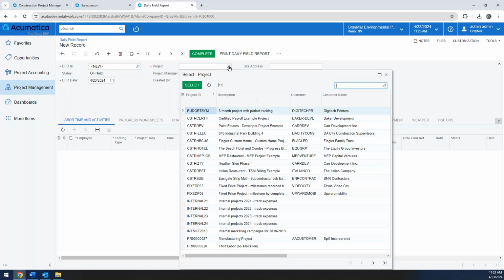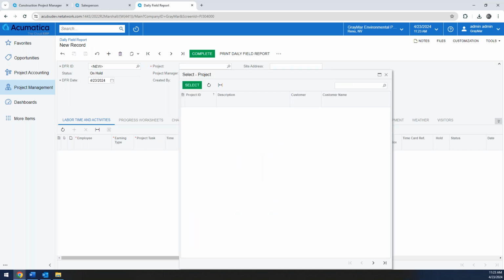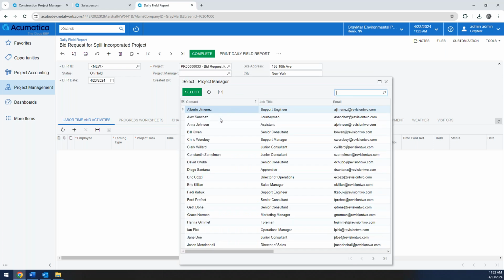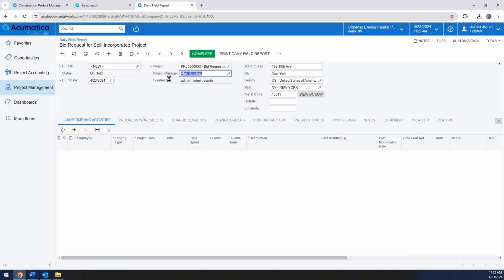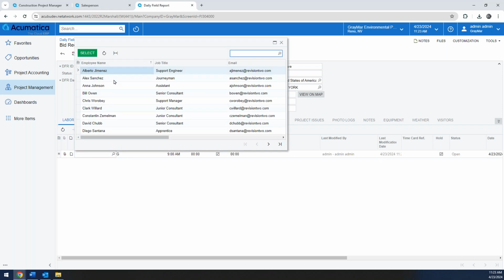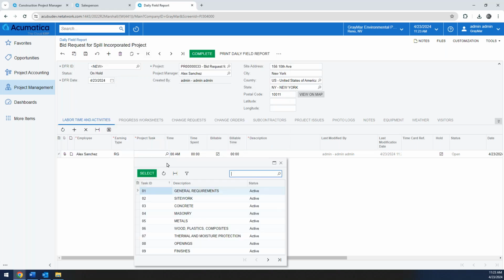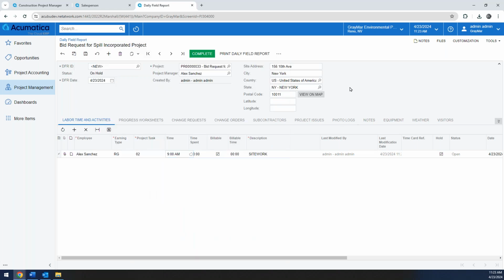We'll select the project in question, which again for me is that project 33, and whoever the project manager is that's filling out the particular daily field report today. We can start to add some labor and time activities as we're recording who had worked on the particular job that day and what it was that they worked on, such as site work or otherwise. We can see the time spent here, such as 8 hours for that particular item, and I'll go ahead and